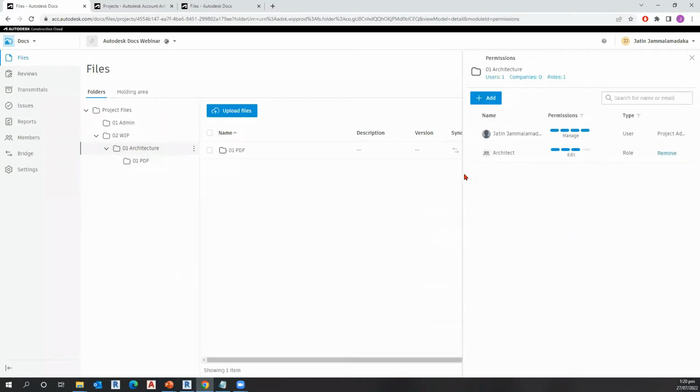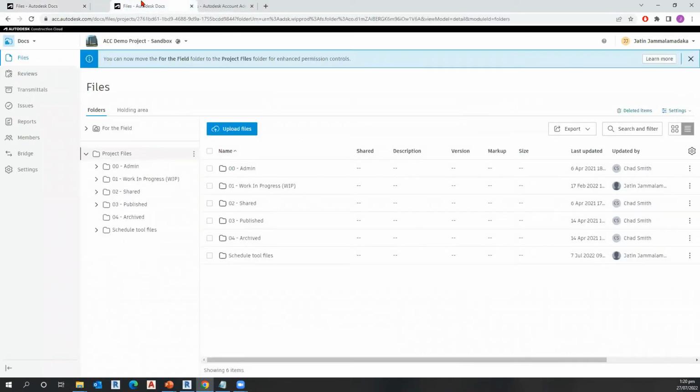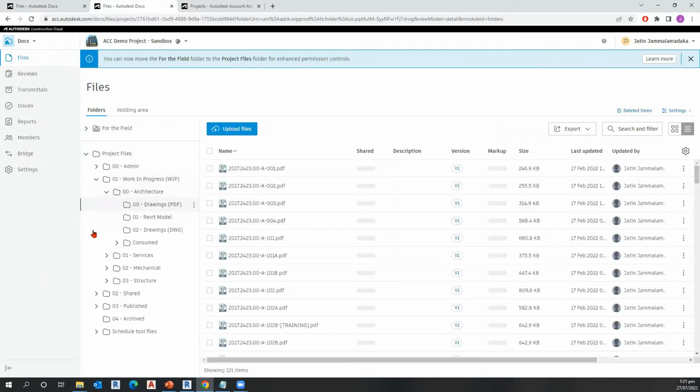As you go about creating all of your folders and subfolders and start inputting your files, you end up with something that looks like this. So you have your admin, work in progress. You have a different folder structure depending on the type of project that you're doing, and you can see here quite a few folders and subfolders. Another really cool thing to note here, and we'll go through how to upload files in just a second because there's a couple of different ways you can do this,